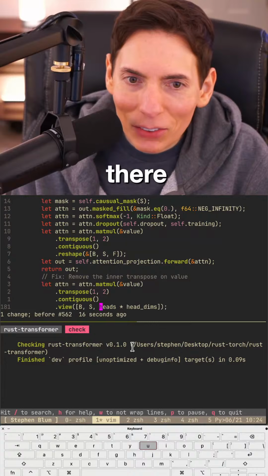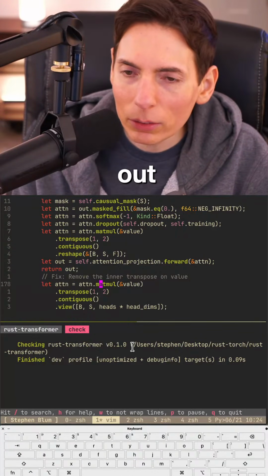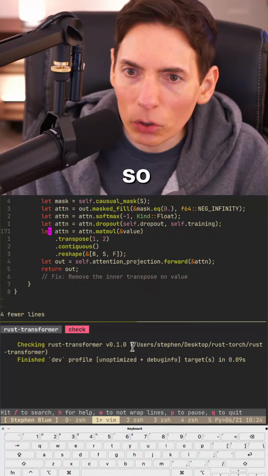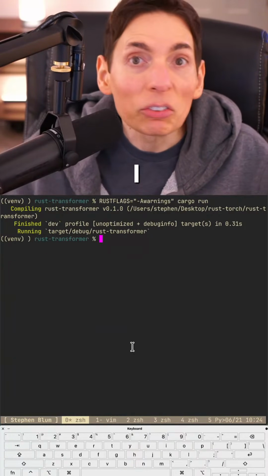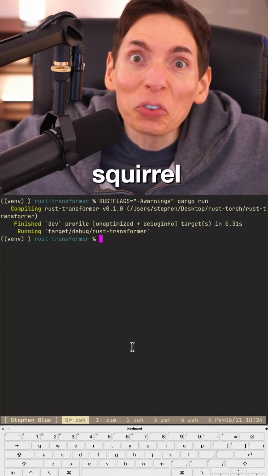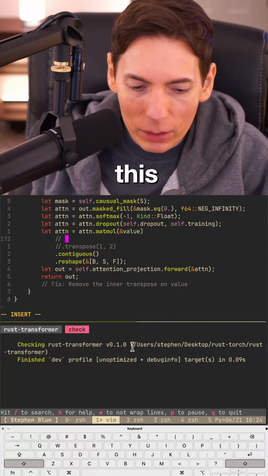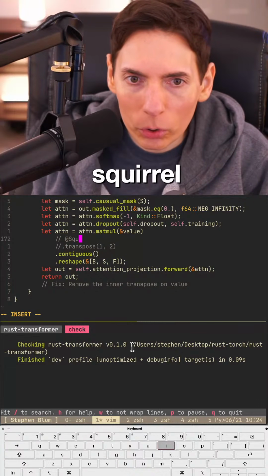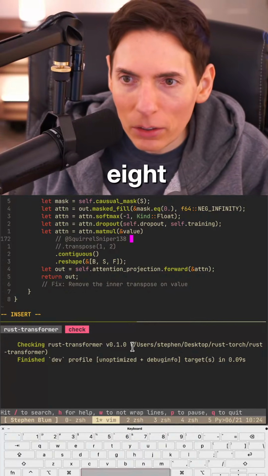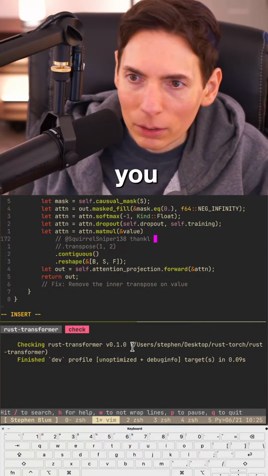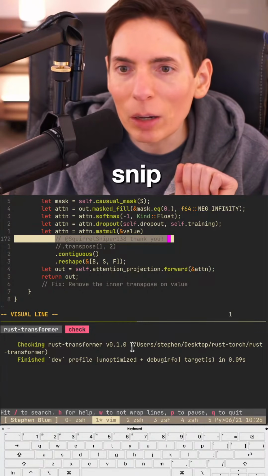Ban that guy right there, Stevie. Yeah, Squirrel Sniper. All right, so we'll try it out. All right, so no transpose. Here we go. I guess that worked too. Okay, Squirrel Sniper, thank you. We have to say this: at squirrel, IRRL, sniper, 138. Thank you. And then we throw a heart symbol. There we go. Squirrel Sniper, thank you.